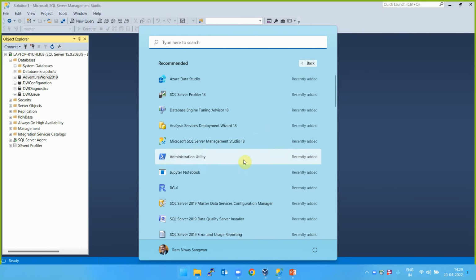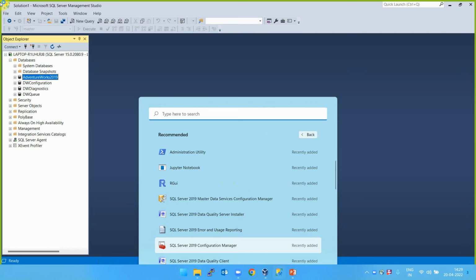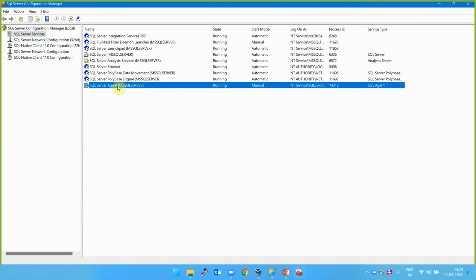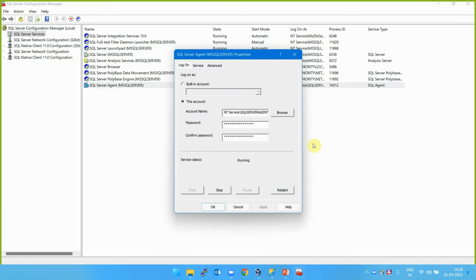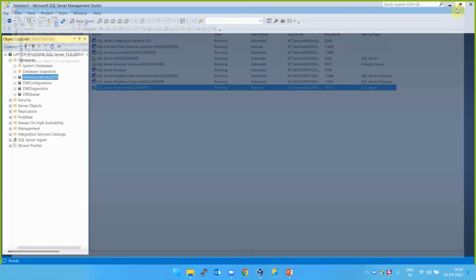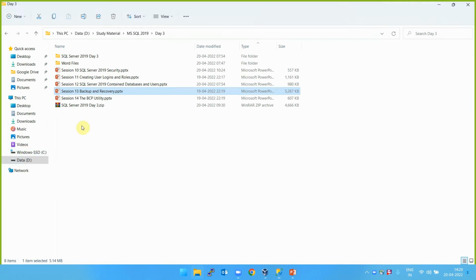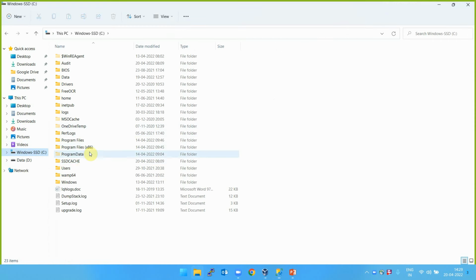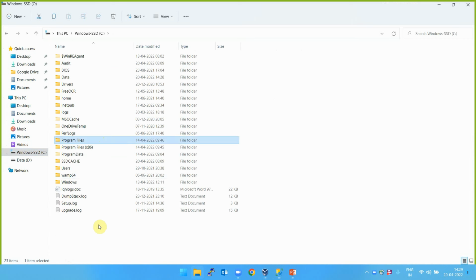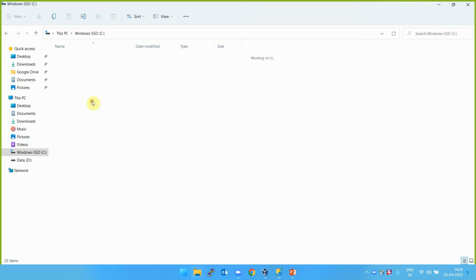Let's check that configuration assistant and see the agent user ID through which the service is running. So this is agent. If you go to the properties, you will see the username. So take this username because this should be the owner or should have right permission on the directory for moving it. As an example, I'm going to C drive in program files, and in fact let me create a directory here. Where do I create? I create here only. Okay, in C drive,